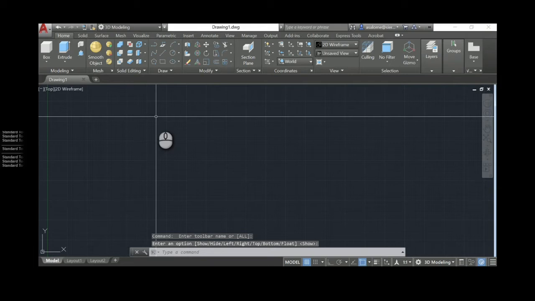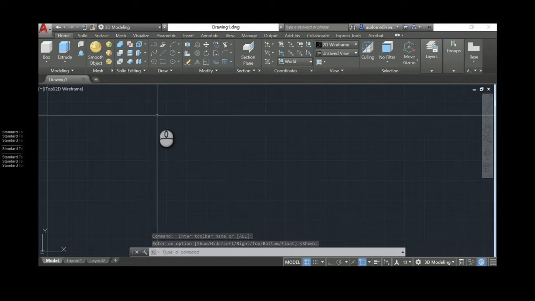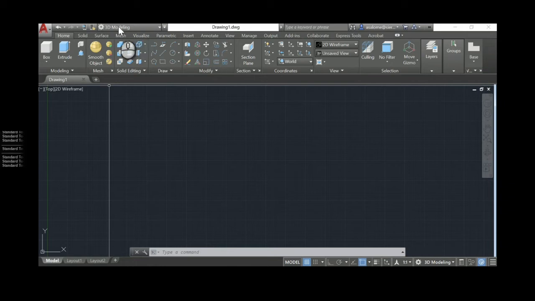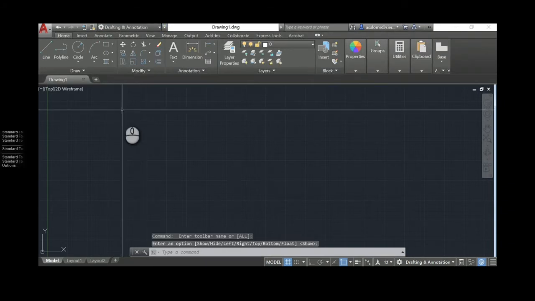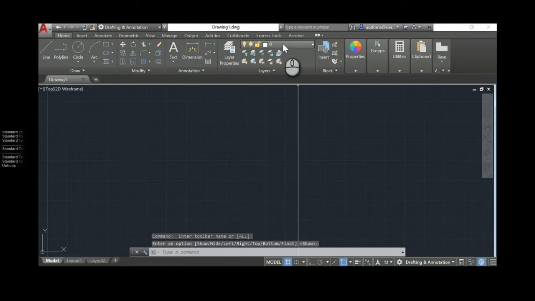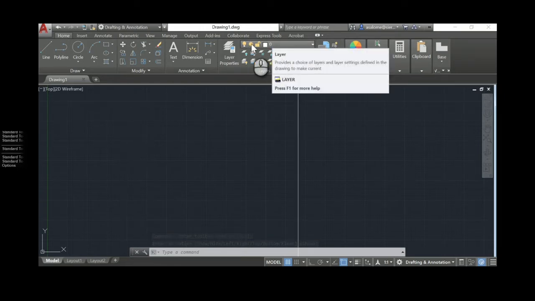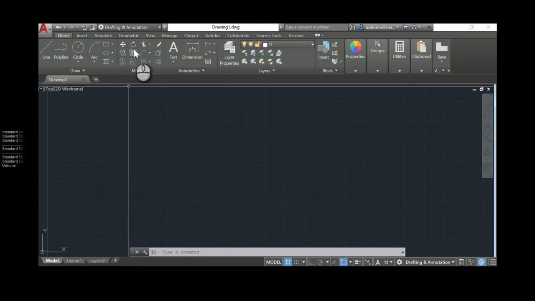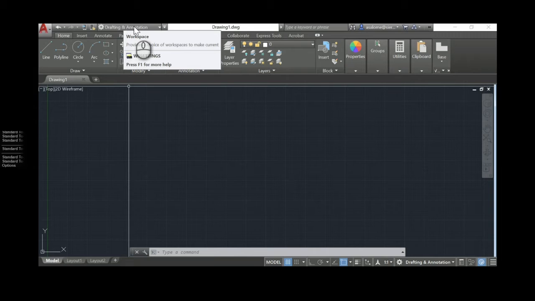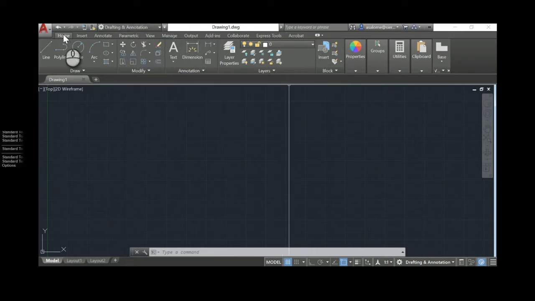Okay? Now, there's another tool up here that typically appears on my quick access toolbar, and that is my layer switching tool, which is this item here. Now you've got to know where to find that thing, right? Where is it? So in drafting and annotation, which is the two-dimensional toolbox, it's right on the main home ribbon, and you should be able to come onto it, right click, and go add to the quick access toolbar.